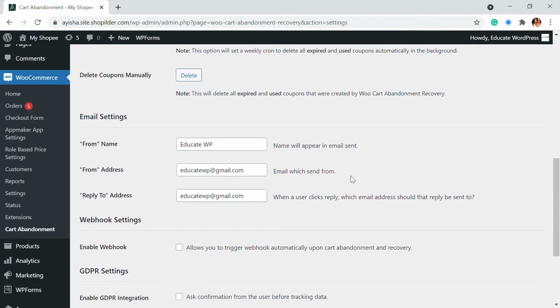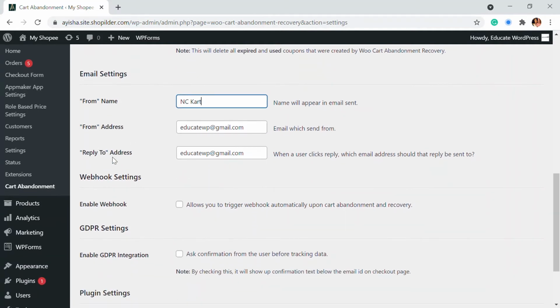And also the email settings for whom the email is sent from. I'm going to add my store's name as the from name, and then the from address, whichever email you want to send from, and the reply-to email. If the customers want to send replies, they can send mail to that address.